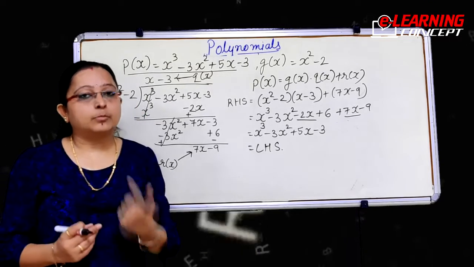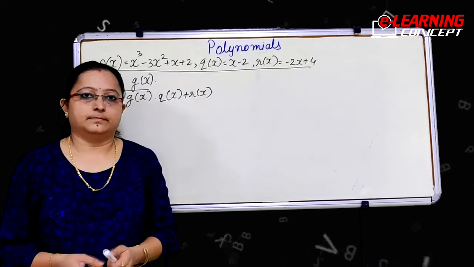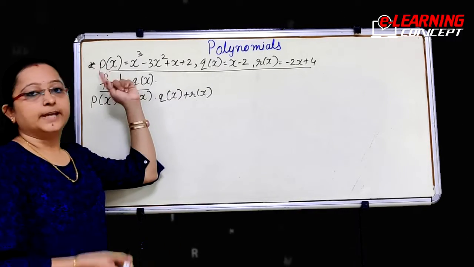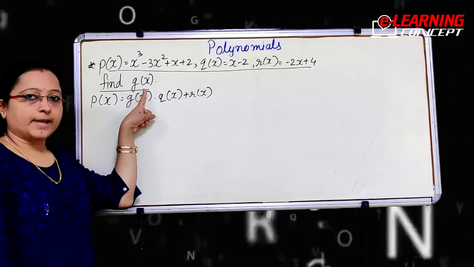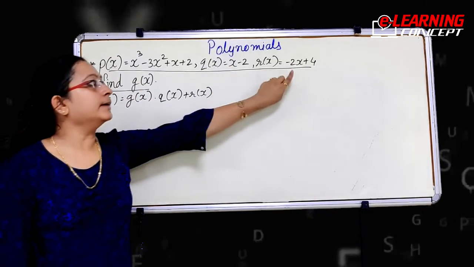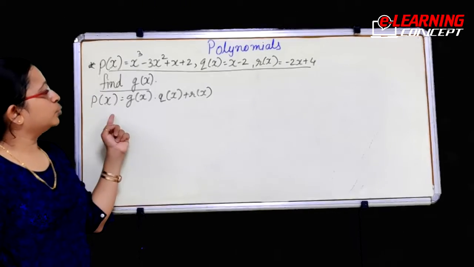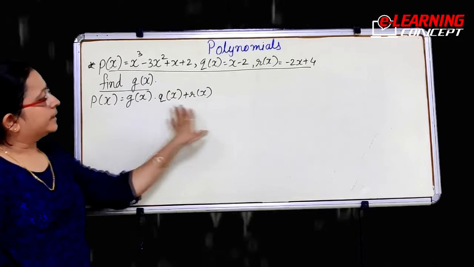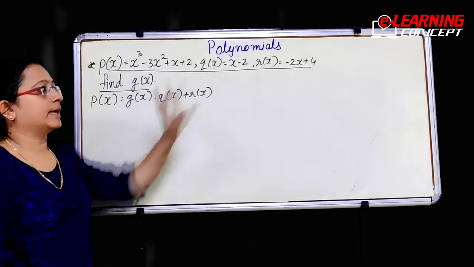by taking one sum. Now one more sum we will take regarding this. So here one sum I have taken where we are given p of x which is divided by g of x, whereas the quotient q of x is given and the remainder is given. We have to find the divisor, that means we have to get g of x. So let us see. First, by taking the division algorithm, we will just put in the values we have been given.